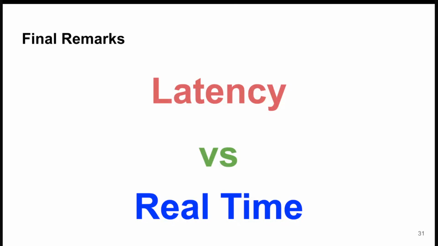Latency. Okay, so this one was an easy one. Real time versus latency. When we decide to run an algorithm in real time, we usually need to put a cap on the amount of latency and jitter, that is the variation of that latency, that the results should present. A result that comes after the deadline that we set is an incorrect result, even if it is numerically correct. That is the boundary that we put for real-time algorithms.